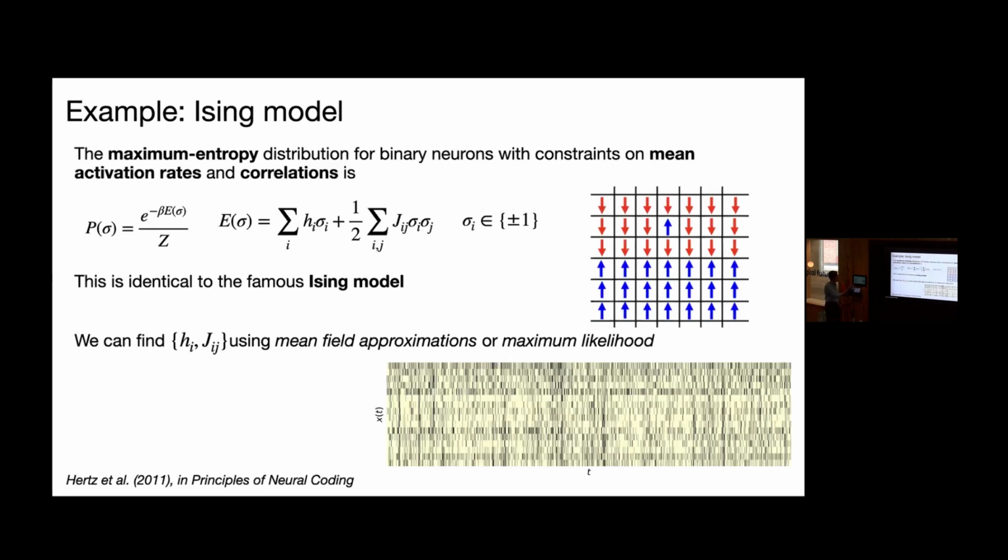Right, so maybe the example that is most familiar is the Ising model, which obviously has implications for neuroscience because it's the maximum entropy distribution for binary neurons where you have constraints on the mean activation rates and on the correlations. So if you have some data and you measure how often each neuron is spiking and you measure the pairwise correlations between them, the model that makes the fewest assumptions about everything else is the Ising model. And then once you fit the Ising model to your data, you can do things like look for criticality, or look at the connectivity structure that you've inferred, etc. And I'm going to go through one approach or one and a half approaches on how you can fit this to data later on.